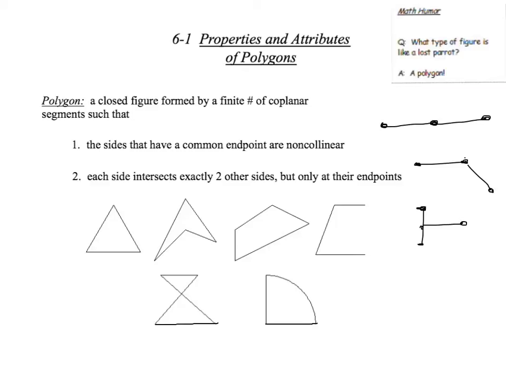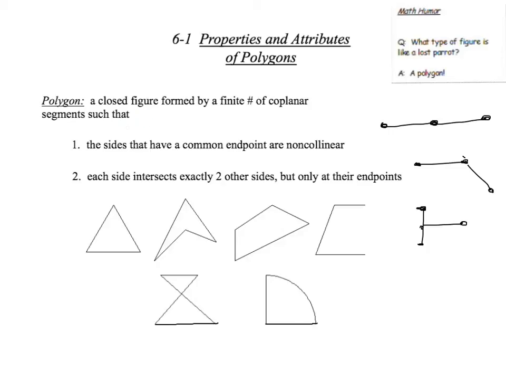So if we go through, think to yourself, is this a polygon, yes or no? Well, yes, it would be. It's a closed figure. There's no open spots. They have common endpoints where the segments here are not collinear, and then we intersect two other sides, but only at their endpoints. This also is a polygon. This one as well. This one, if you think to yourself, we have an open side here,